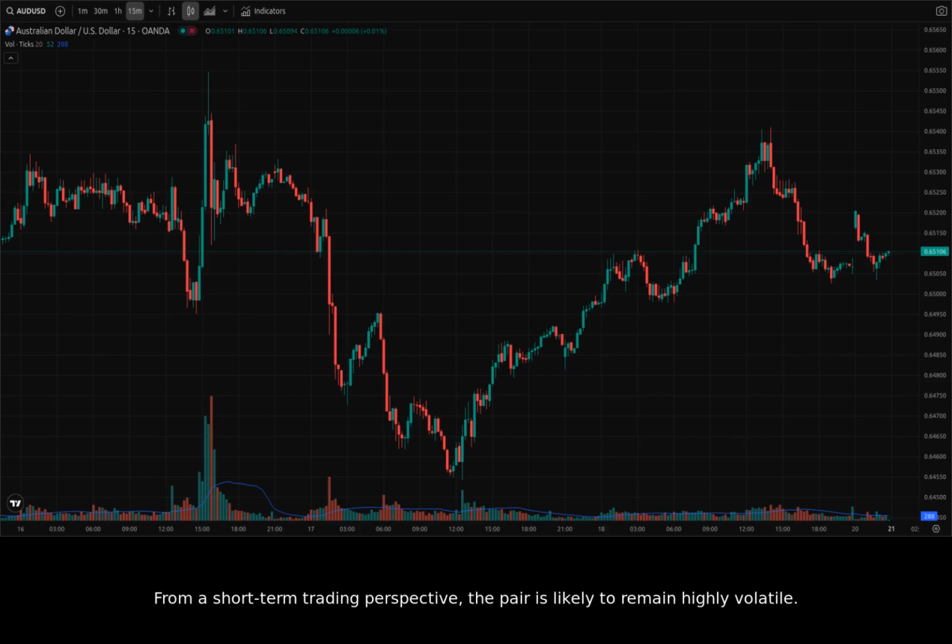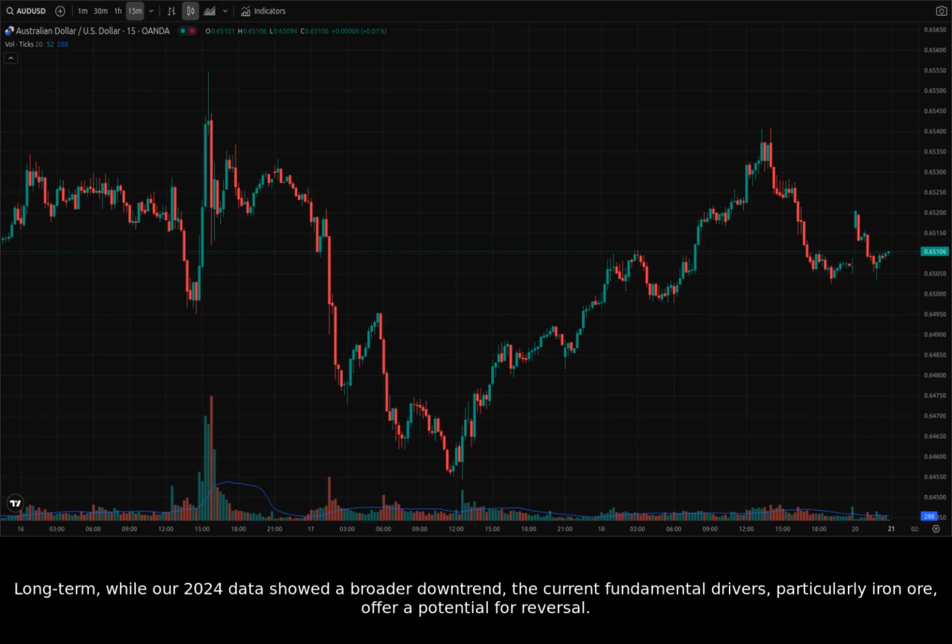From a short-term trading perspective, the pair is likely to remain highly volatile. We can anticipate swings between the immediate support at 0.6485 and resistance levels around 0.6520 to 0.6530. Long-term, while our 2024 data showed a broader downtrend, the current fundamental drivers, particularly iron ore, offer a potential